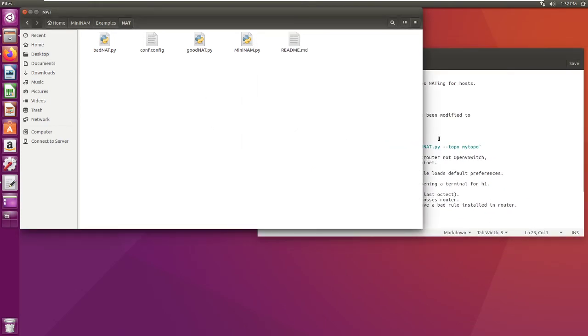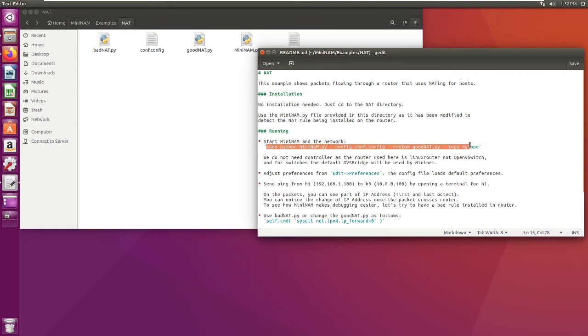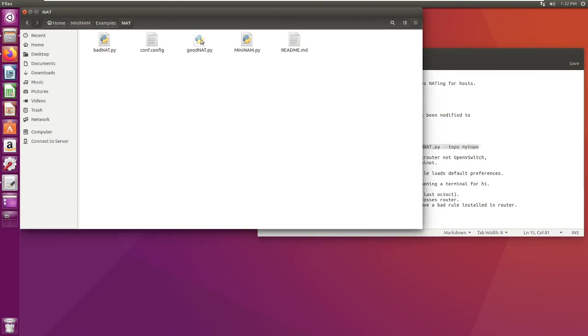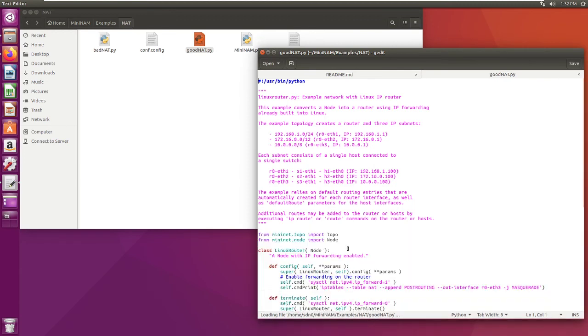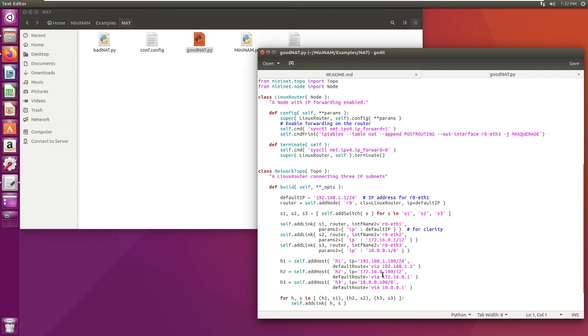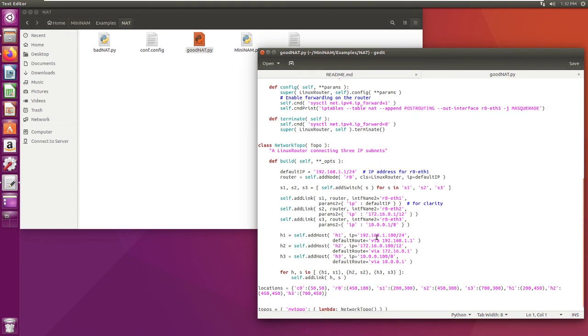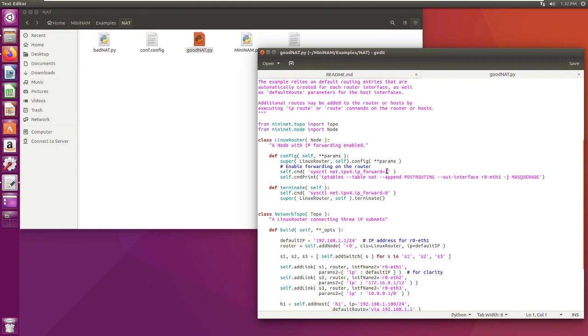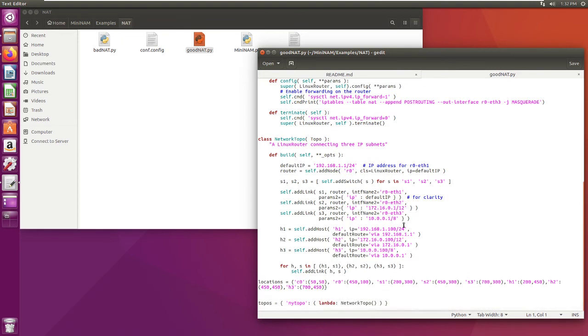So in this way, we are going to start the topology. Since everything is already coded in the file good NAT. So what is a bad NAT, by the way? It just changes the protocol from 1 to 0, and then the forwarding doesn't work. So that is a bad NAT. And a good NAT is right there. Everything working is here, and we can use the existing protocol to create the NAT